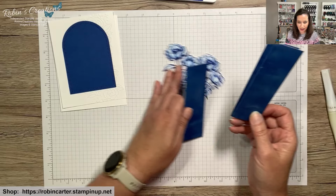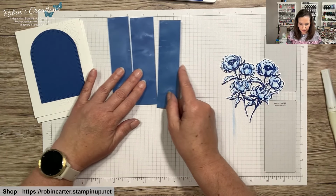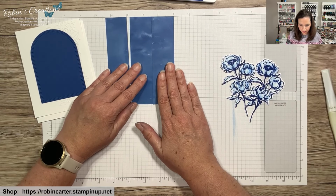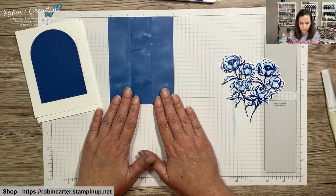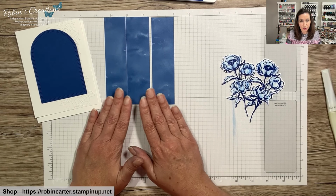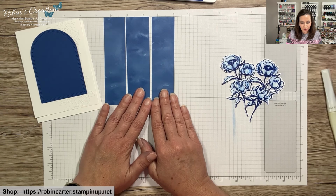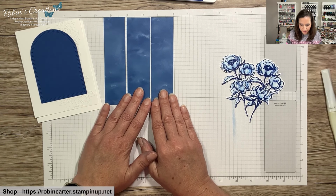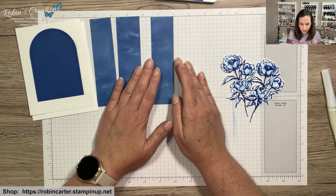Here is a half. So you're going to want to cut your long card base in half. So you can see this is half of one. Okay. And then you're going to cut these into 3 strips. So you're going to be able to get 3 cards per each half. So you could make lots of cards. I might see if I come up with anything else before my June paper pumpkin comes in. But anyway, then I cut